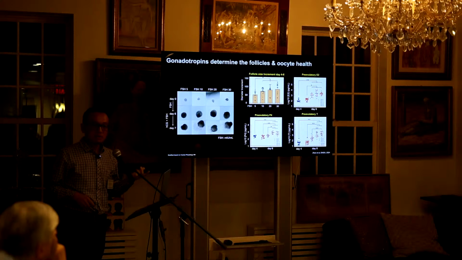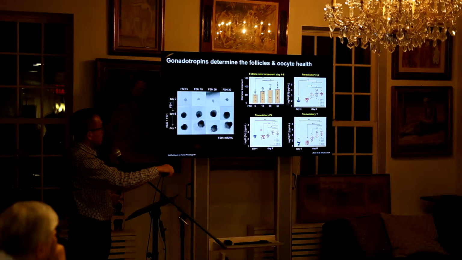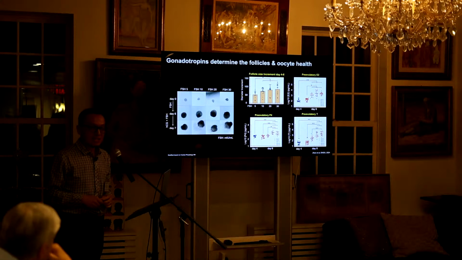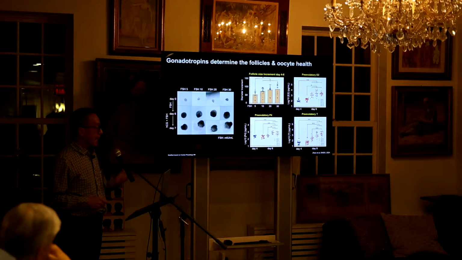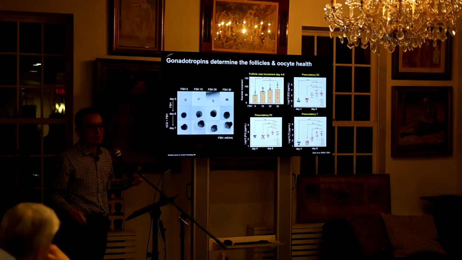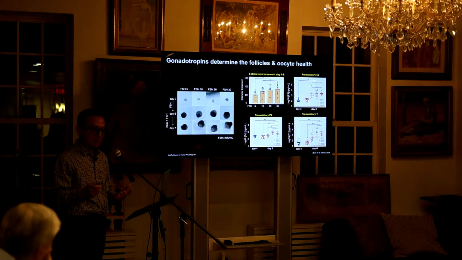So maybe that is the reason to cause OHSS, ovarian hyperstimulation syndrome. And more interestingly, before ovulation, we found that if you give them a lot more FSH, you pretty much elevate the progesterone secretion. This is not a new idea, because premature luteinization is a standard. You will measure the progesterone level and determine whether you want to do fresh or frozen embryo transfer. Correct me if I'm wrong.